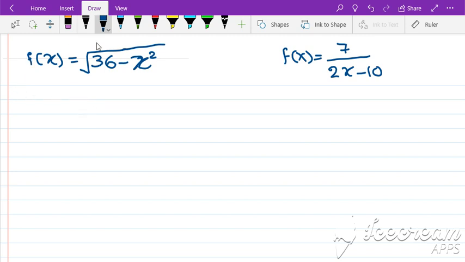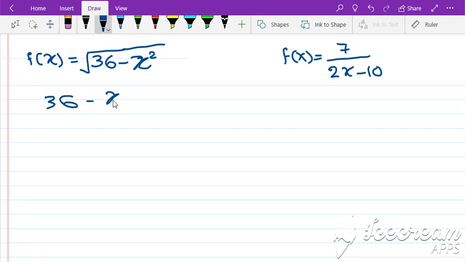Let's find the domain for this function. f(x) equals the square root of 36 minus x squared. So for the domain, we shouldn't have negative numbers under the square root. Okay? To find out where we have negative numbers, first we take the